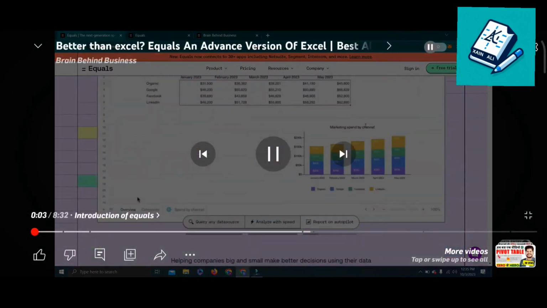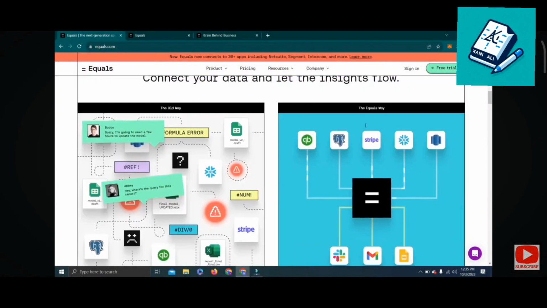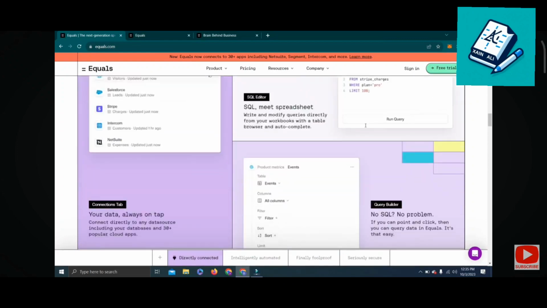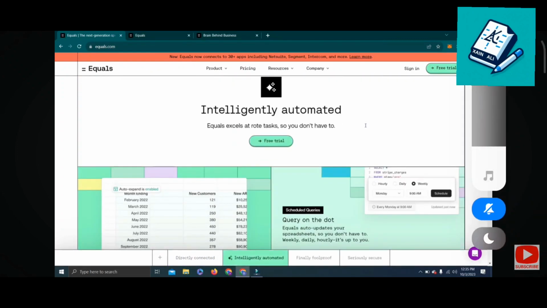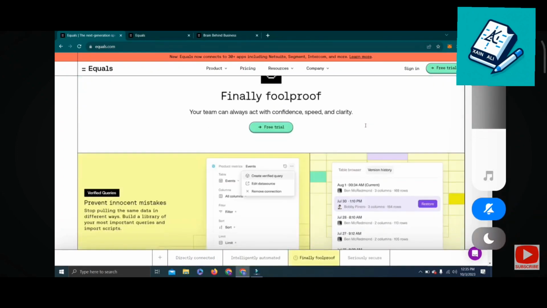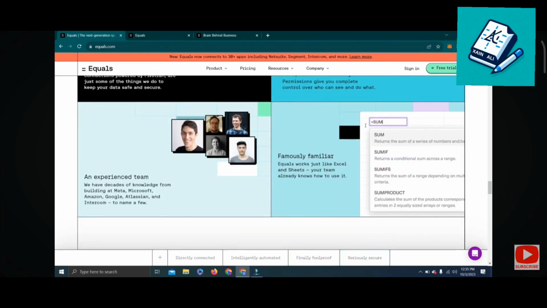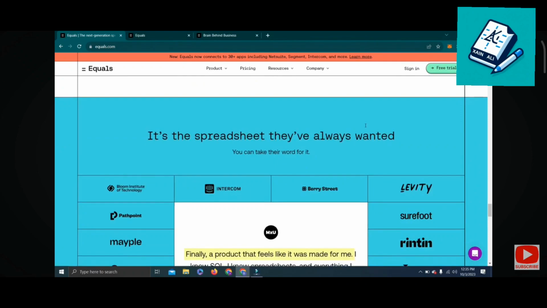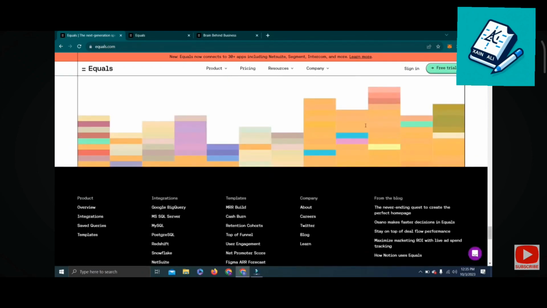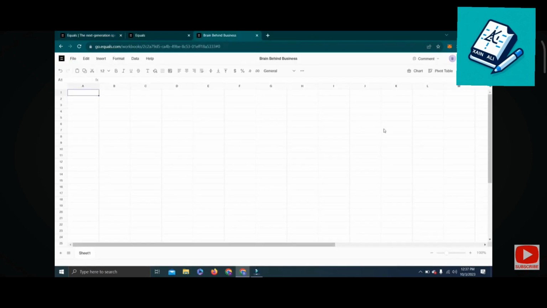Today we will discuss a really amazing platform, which is Equals. Equals is an advanced level of Microsoft Excel which is user-friendly, easy to use, and a next generation spreadsheet with multiple options to integrate different platforms as data source so that your reporting keeps updating with each new update in the data source or database. Now you can see the interface, which looks like Google Sheets and Excel, but as it is also an online web-based program, it has more similarities with Google Sheets, but offers way more features